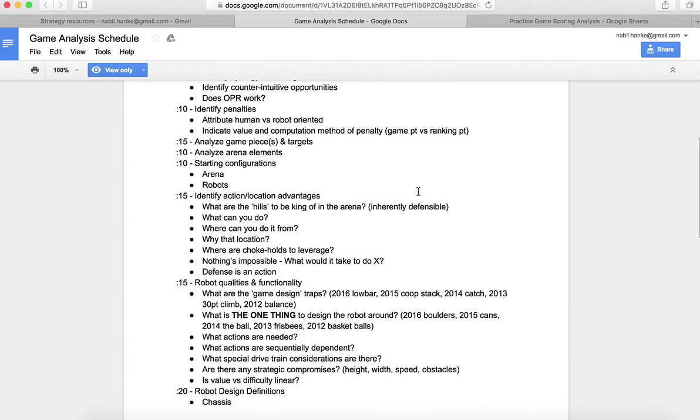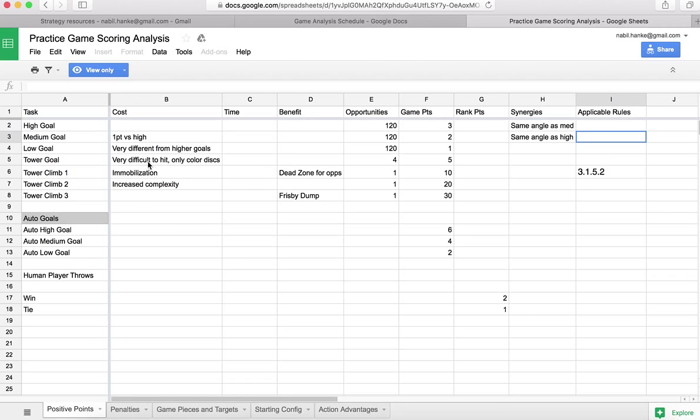So hopefully, at this point, you haven't discussed anything we're going to cover next. And that is analyzing the game pieces and the arena elements, so that way you can start deciding on what actions and advantages there are on the field, so that way you can then decide on what qualities your robot is going to have. So at this point, what we've discussed is the positive point actions, the opportunities you have there, the penalties